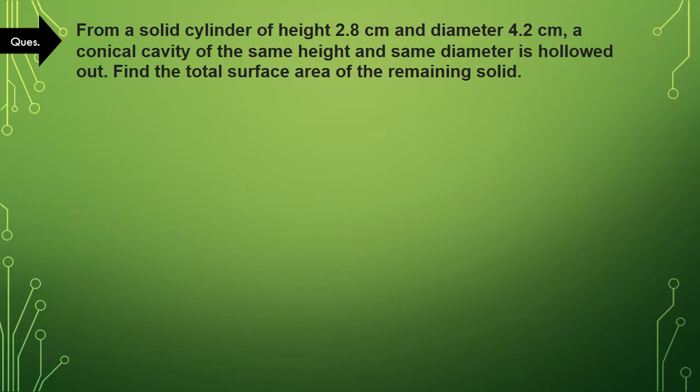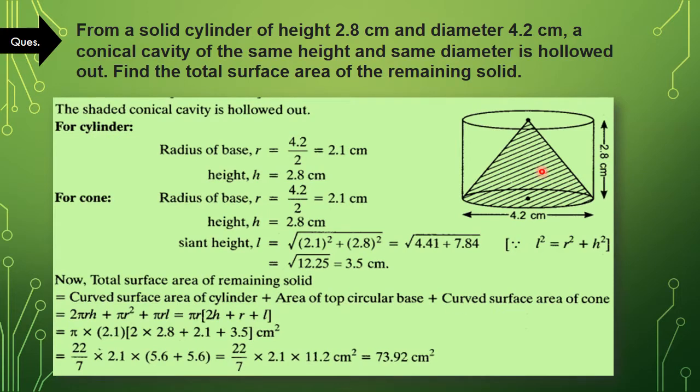Now see one more question based on this concept: from a solid cylinder of height 2.8 centimeter and diameter 4.2 centimeter, a conical cavity of same height and same radius is hollowed out. Means it's a depression, cut out. Find the total surface area of the remaining solid. So here you can observe, this is the required figure. We have a cylinder whose height is 2.8 centimeter, diameter is 4.2, and this conical